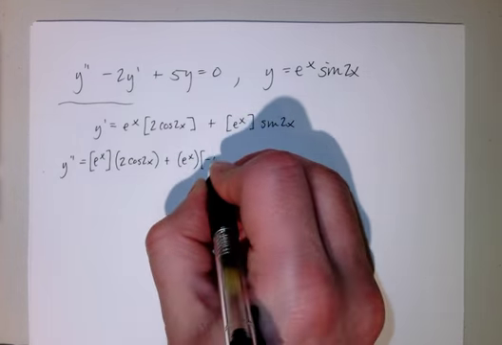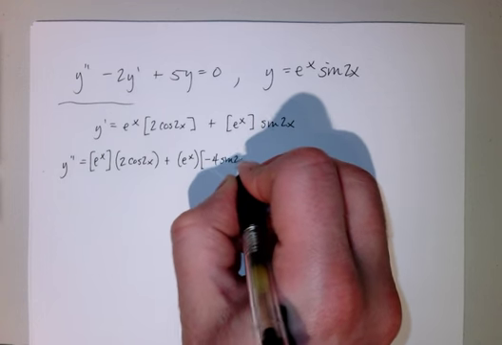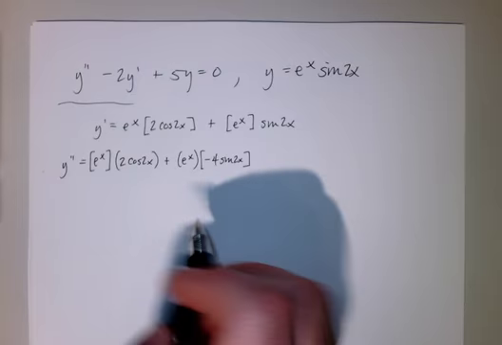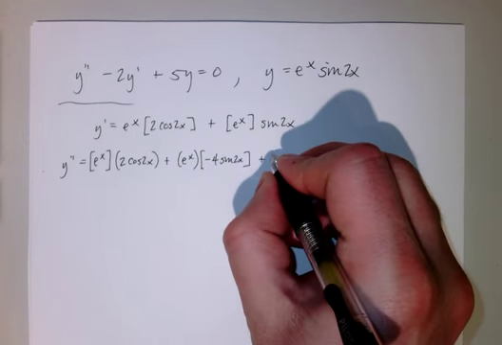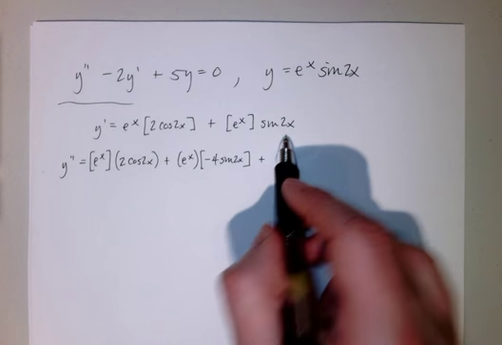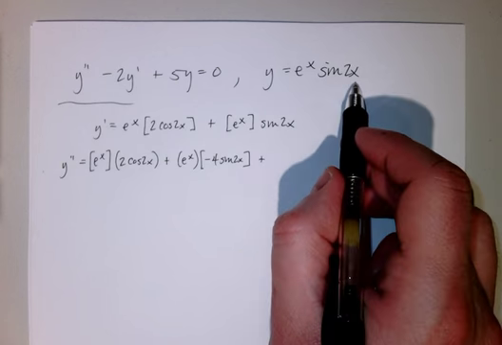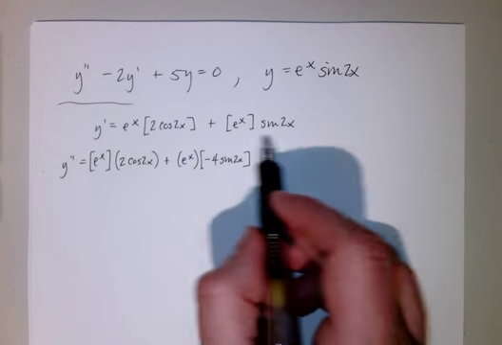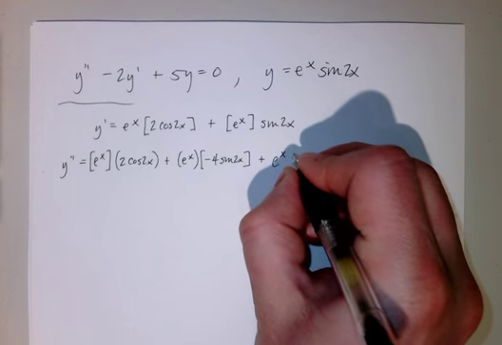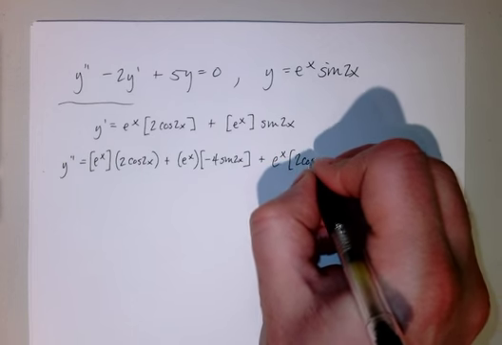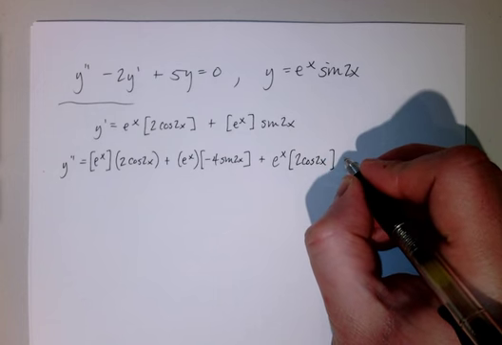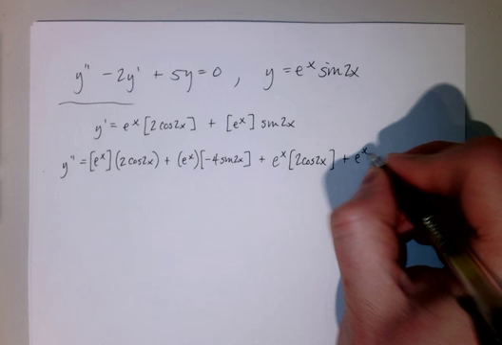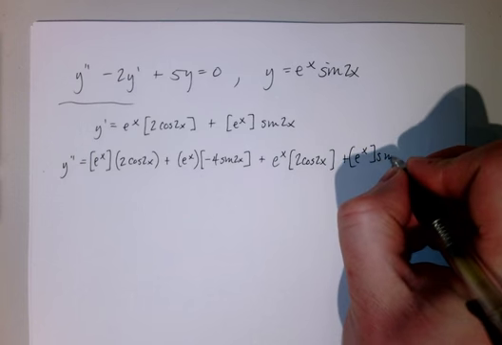It's going to be negative 4 sine 2x because the chain rule 2 combines with the 2 that's already there, plus, now obviously, this is identical to the original, and therefore I can just copy this. e to the x, 2 cosine 2x, okay,